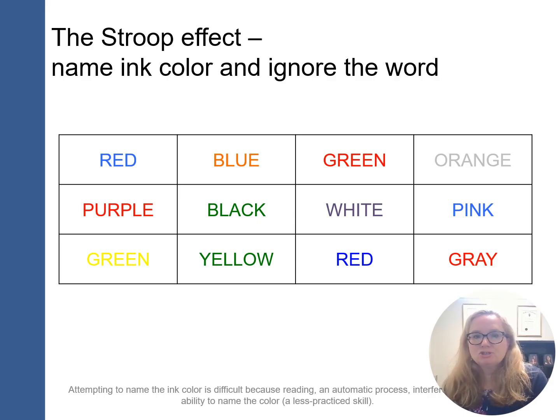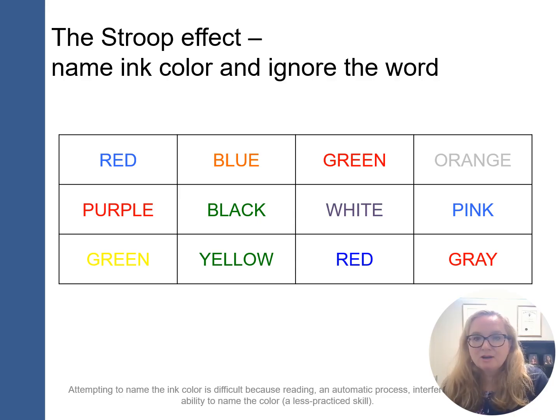So in the first top left, you have a stimulus that is the word red, but it's typed in blue ink. And so your task in a Stroop task would be to say blue, because that's the ink color. You just completely ignore the word. But the reality is, when you attempt to do this task, when you're trying to go as quick as possible and you're attempting to name the ink color, it's really difficult because